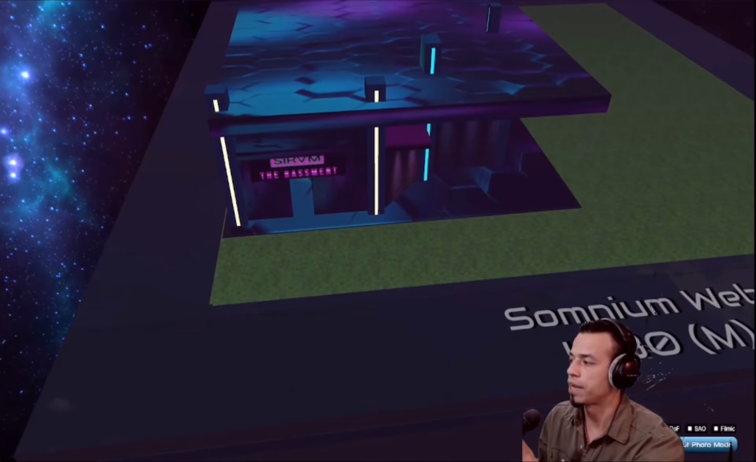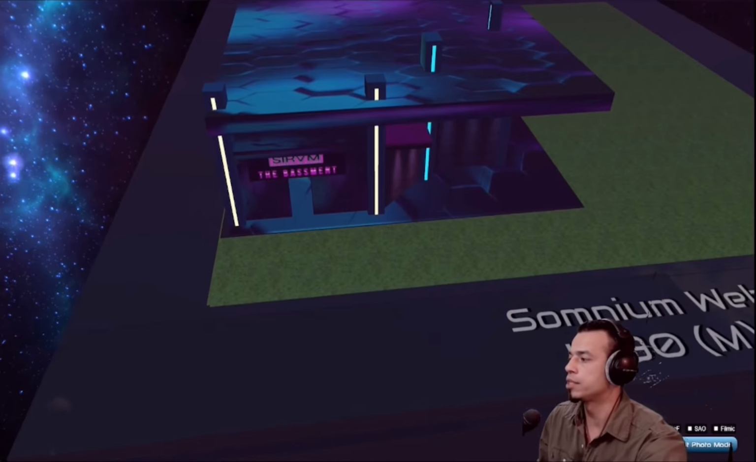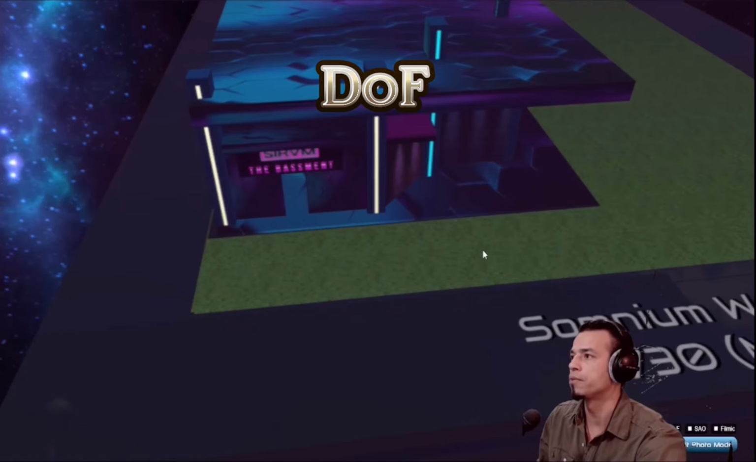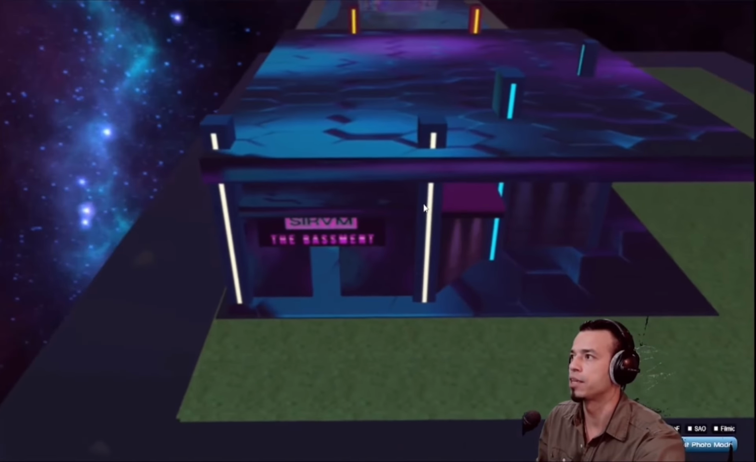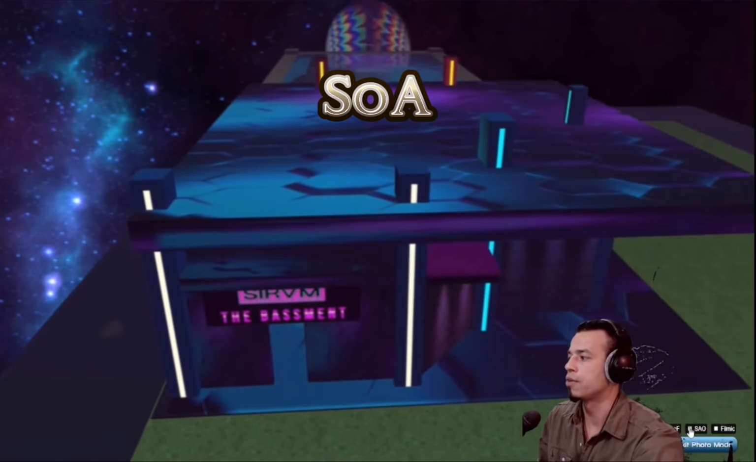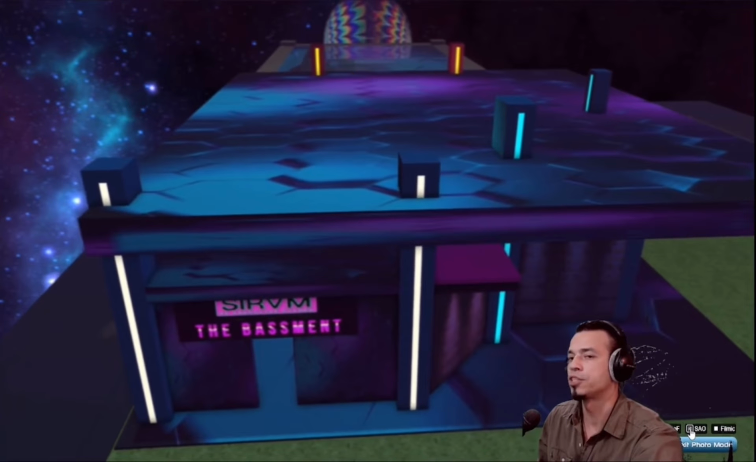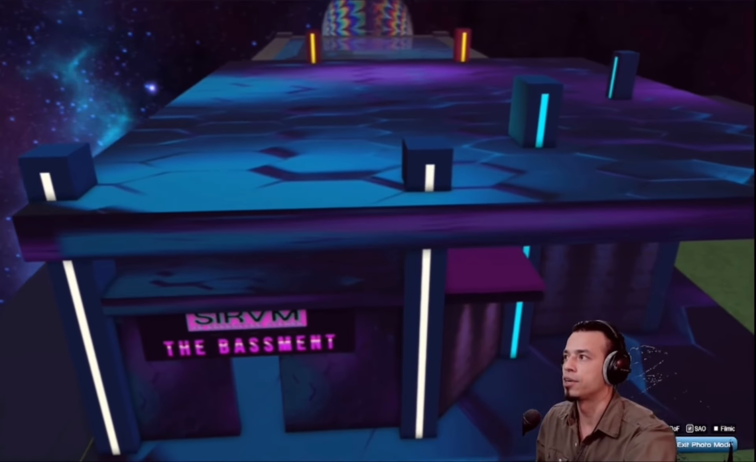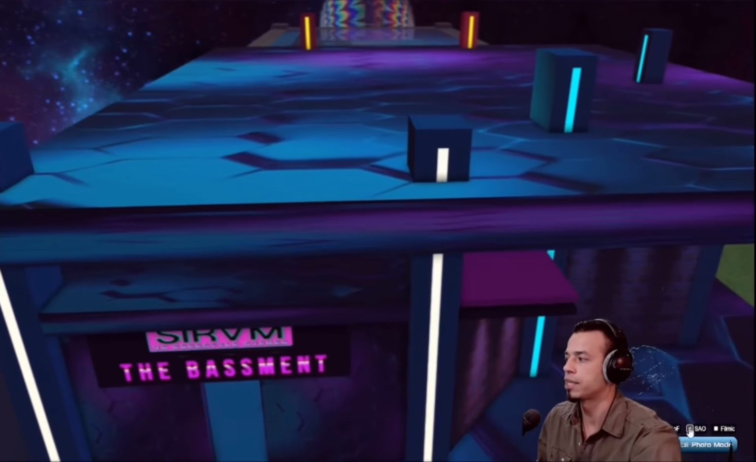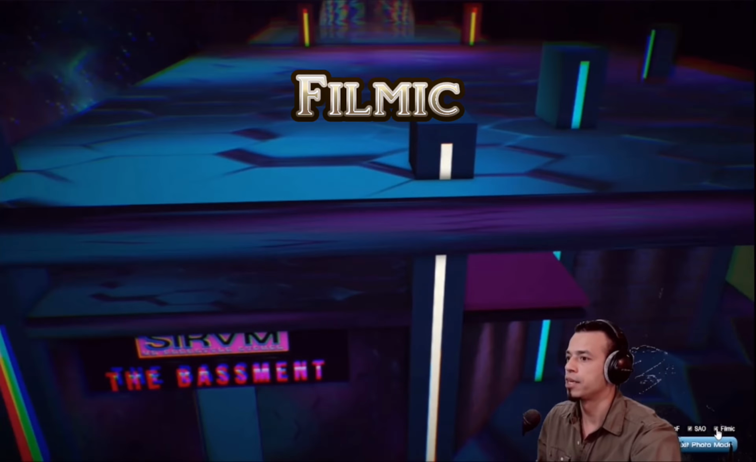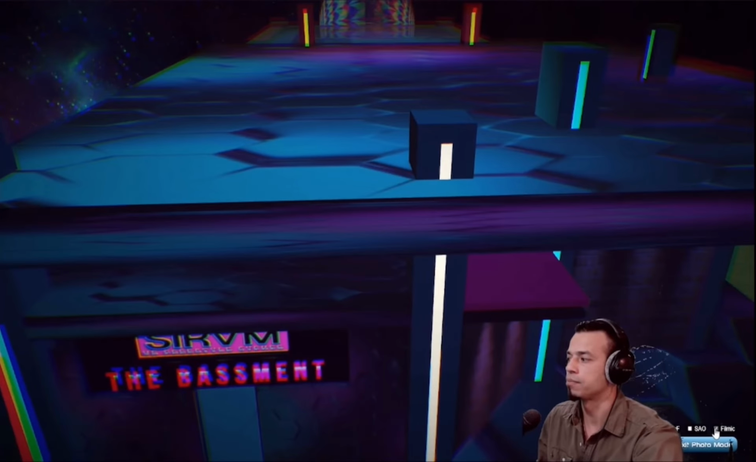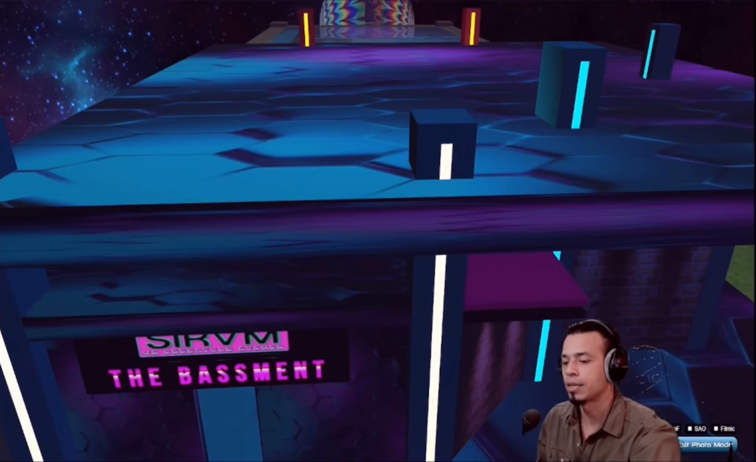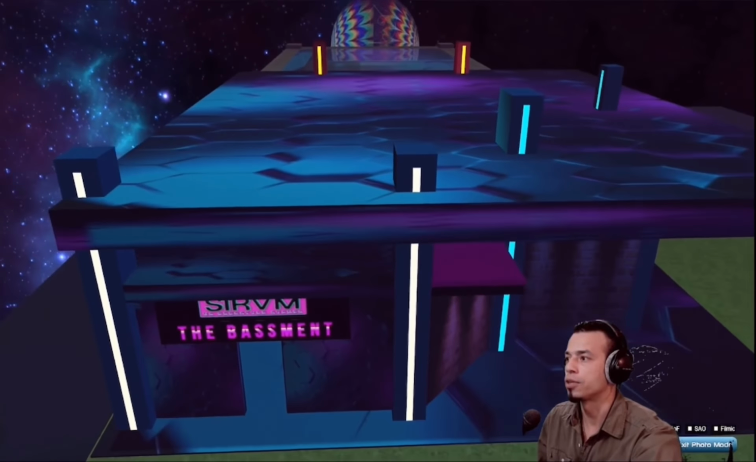So there's different effects for the photo mode. DOF is depth of field, which will show you more of a blur for the distance, and sharpness for anything up close. The SSAO is more of like shadows and other optimization effects, I think. And then FILMIC is just more of a cinematography type look with like darker shadowing and other aspects to it to make it more cinematic. When you click the mouse, then you don't have to hold the right click